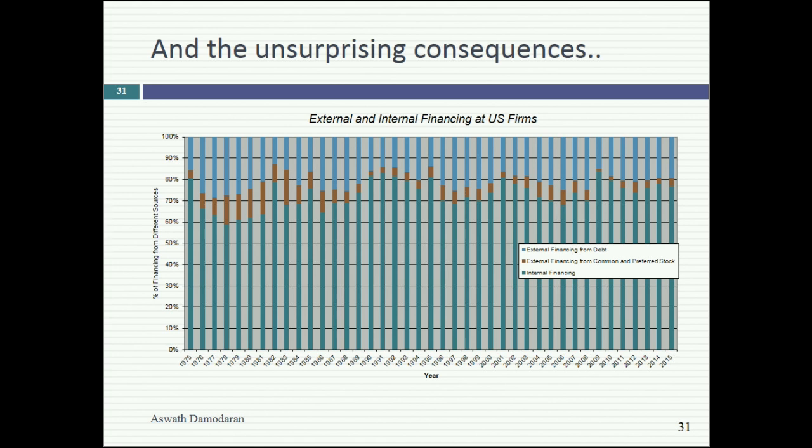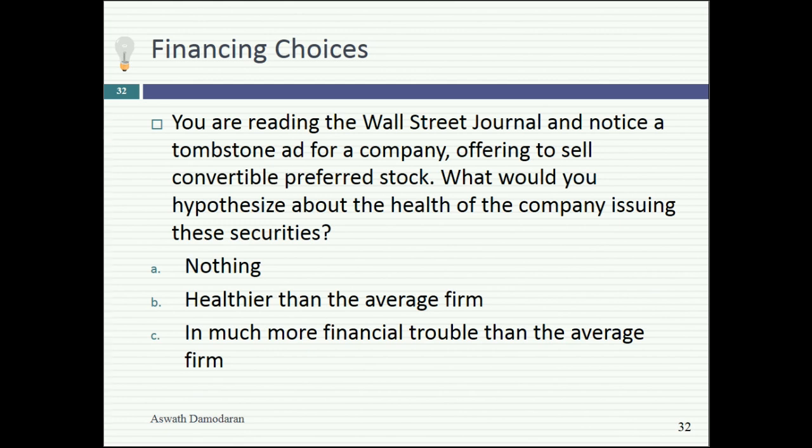Here's another way to think about this. You see these tombstone ads in the Wall Street Journal where a company announces how they're going to raise capital? Here's what I want you to try next. Next time you open a tombstone ad and you see a company, you never heard of the company, but all you see in the tombstone ad is they're raising convertible preferred stock. That's all you know about the company. And I ask you to guess whether this company is in financial trouble, whether it's financially healthy. Based on what they're using,